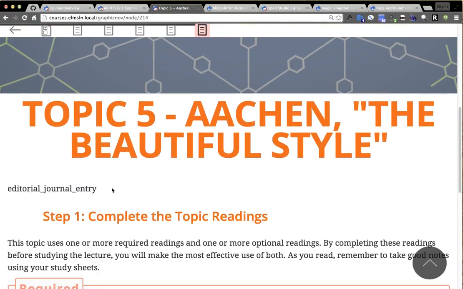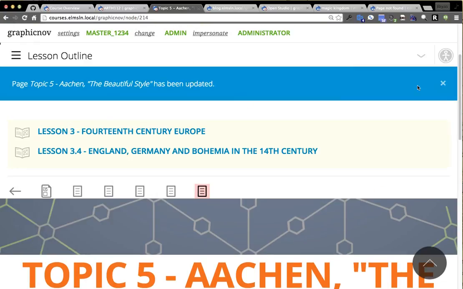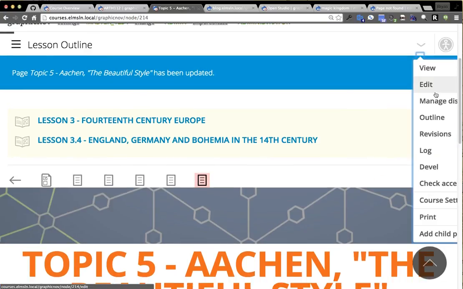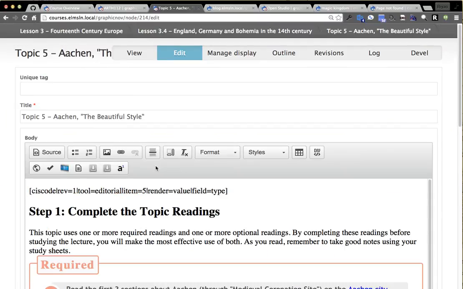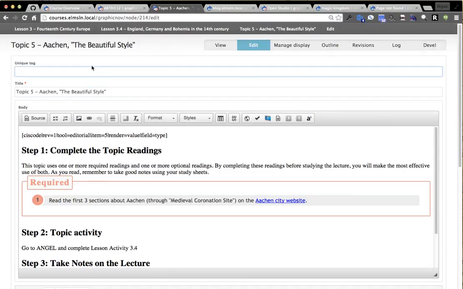And now it's queried that same resource, converted it into editorial journal entry. We've also got tokens that can be used inside the scope of this section. So let's say it's not in another system. Maybe it's something that's purely logistics. We've got this step 1, complete the topic readings for week